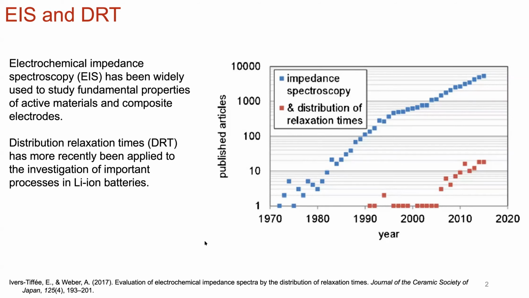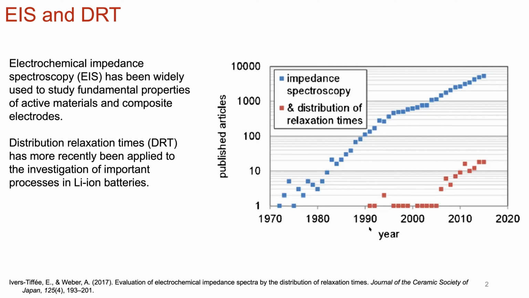And so you could see here the trajectory of the number of articles that have included EIS has certainly grown over time, but of course this tracks with the number of people in the field, the subject matter, battery materials being an increasingly popular and pressing topic. So it trends with that. It does not deviate from the average trend. But that's all to say that yes, electrochemical impedance spectroscopy has been increasing